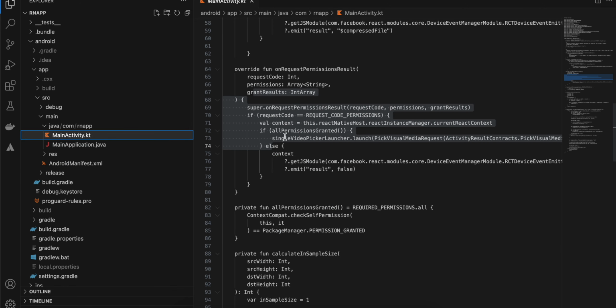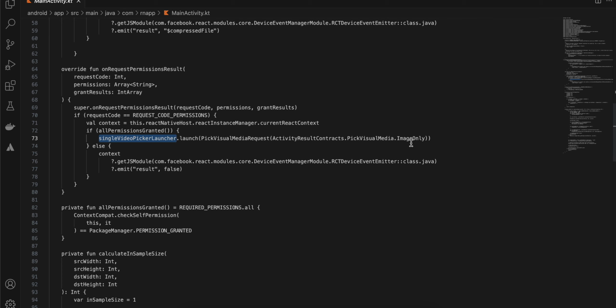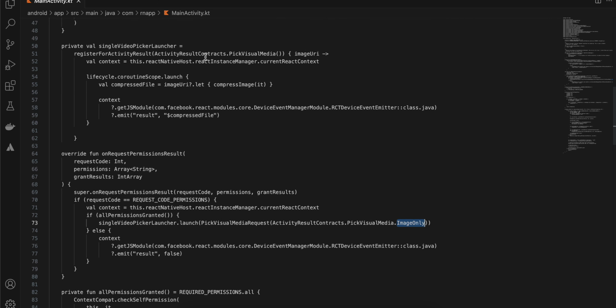Next, once this permission is granted, we are just using this picker launcher to pick images only. So here you can see it is only image. Once you pick an image, the callback will go over here, and here you will get the image URI, and from that image URI I am actually compressing the image. I am calling the compress image on it, and it will give us the path for that compressed image, which is internal storage, and I'm sending it to